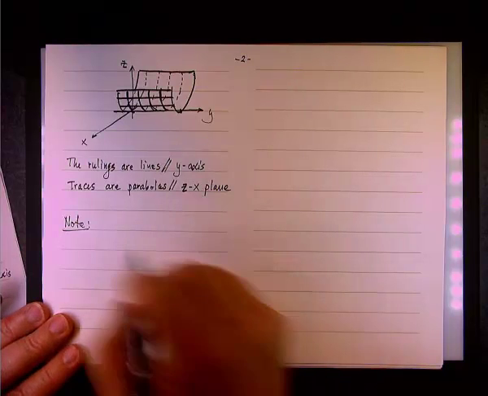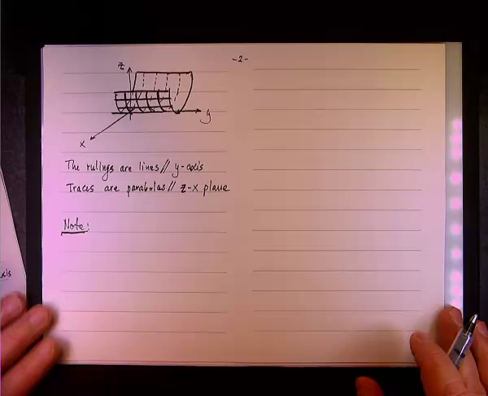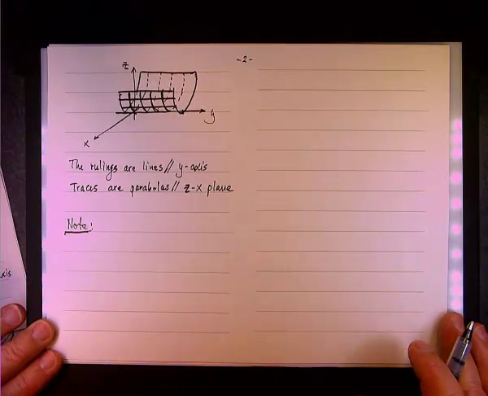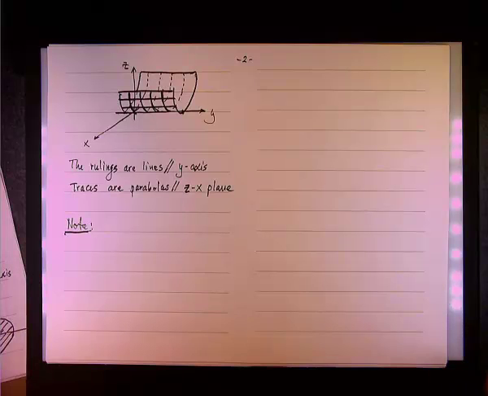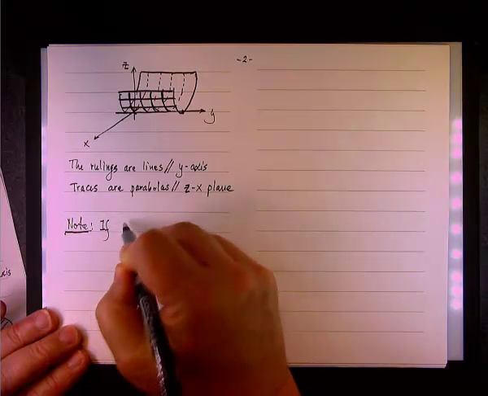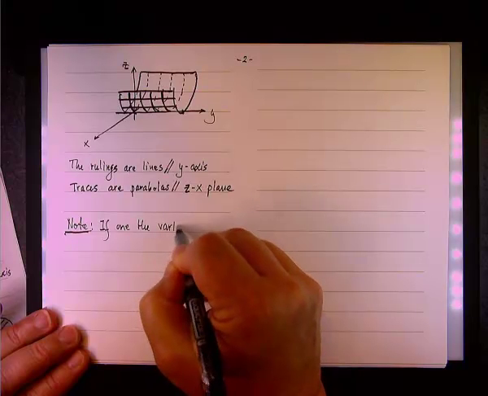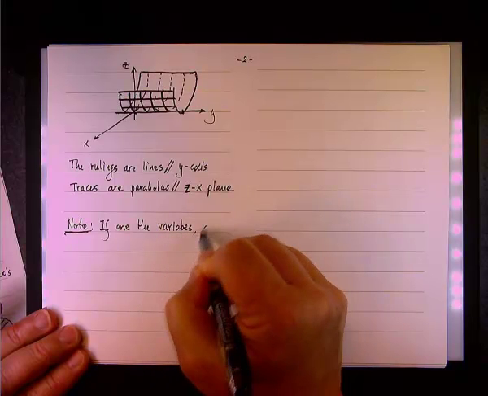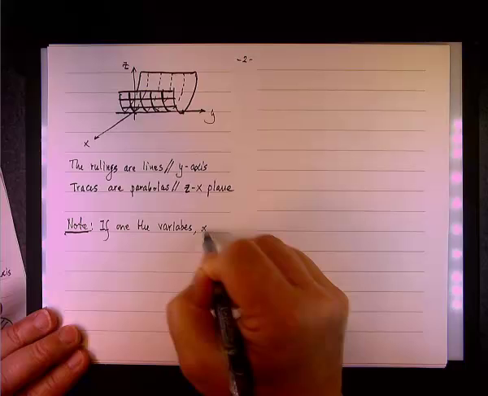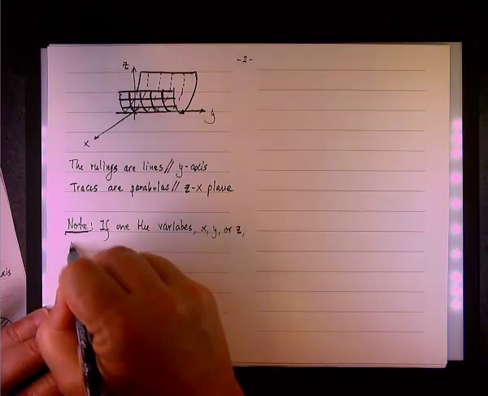And we can generalize this thing. Okay, so here are the general notes. This extends to any one of the variables that is missing from the equation, the quadric equation. I'll give you in a minute a more generic form of the quadric equation, but we'll say the following. If one of the variables x, y, or z is missing,